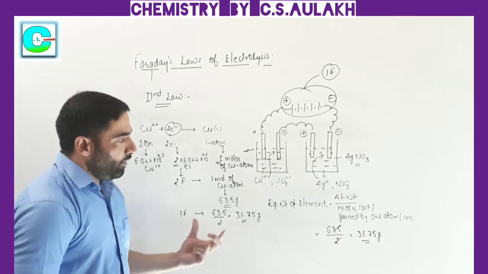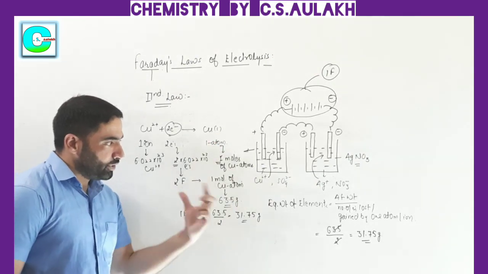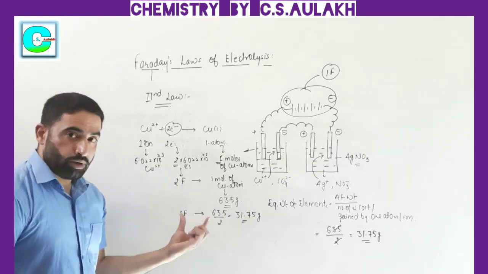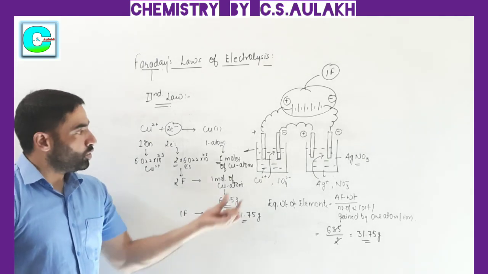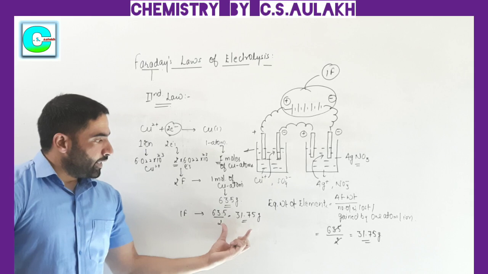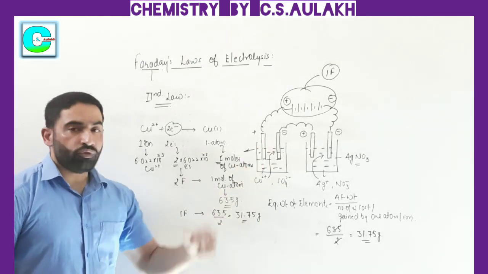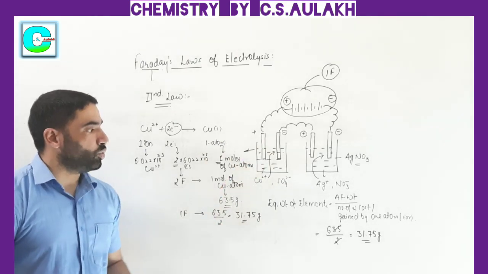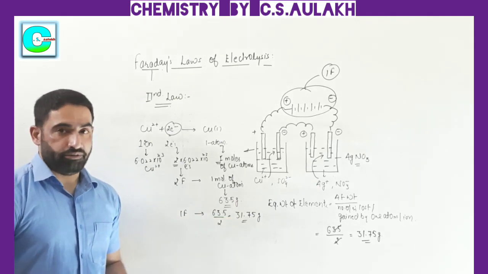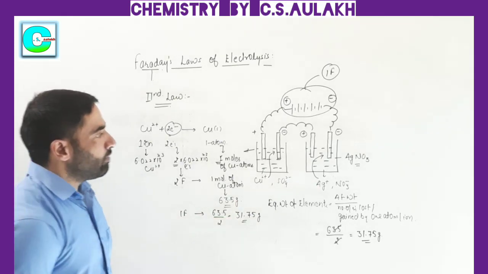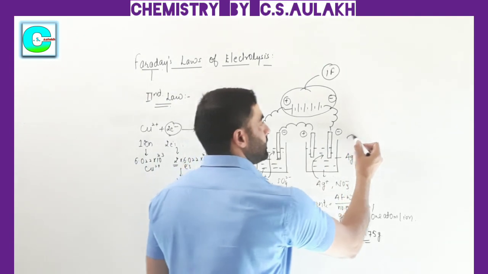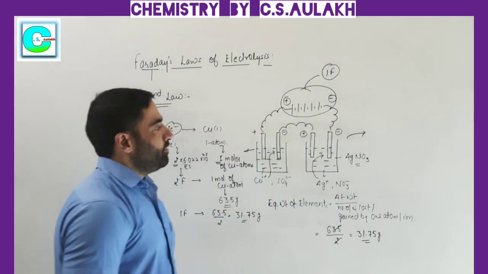So we can say from this calculation that when we are passing a quantity of 1 faraday through this solution, there is a deposition of the weight of copper over the surface of this cathode, which is equal to its equivalent weight. Similarly, if we calculate for the second cell, which is connected with the first in series,